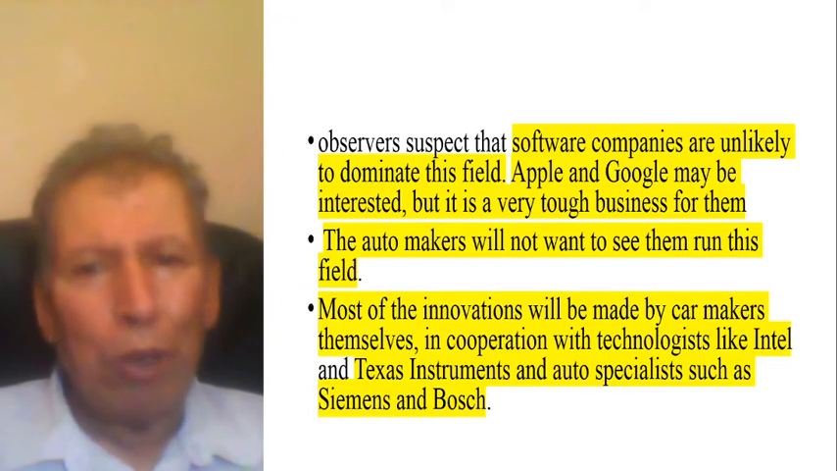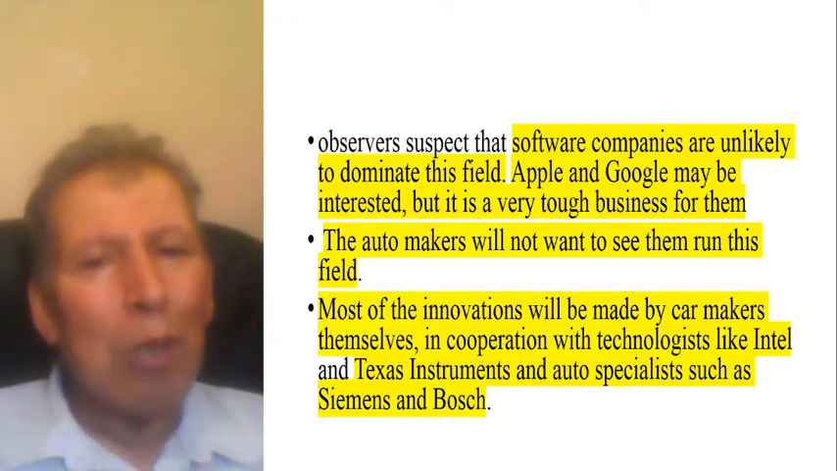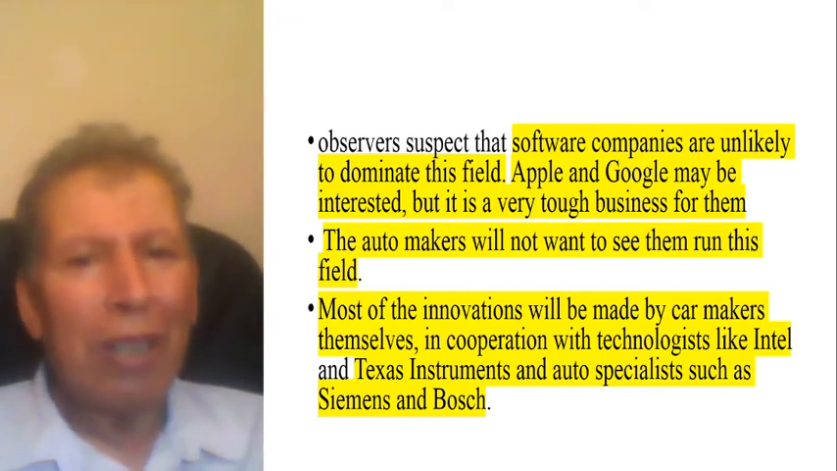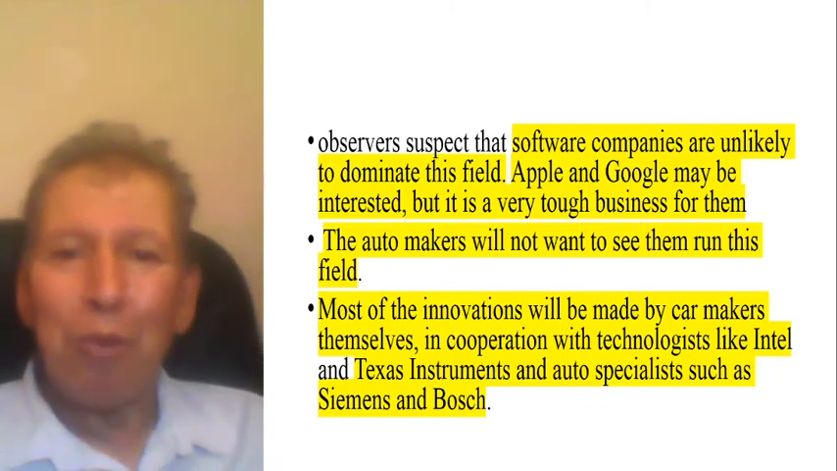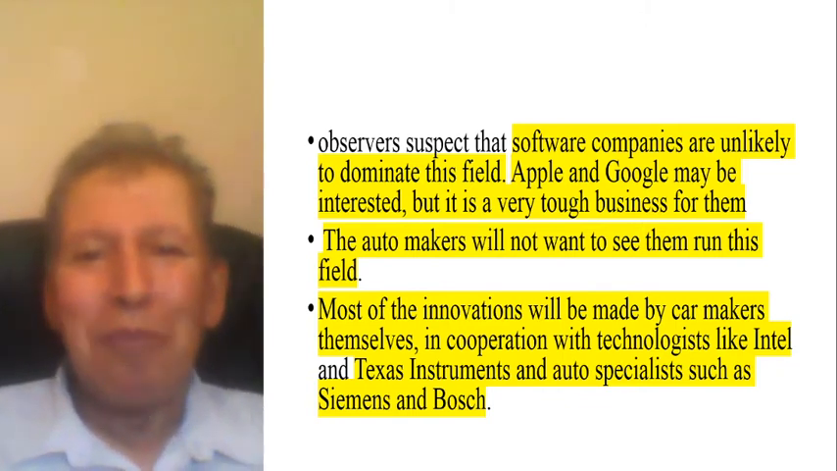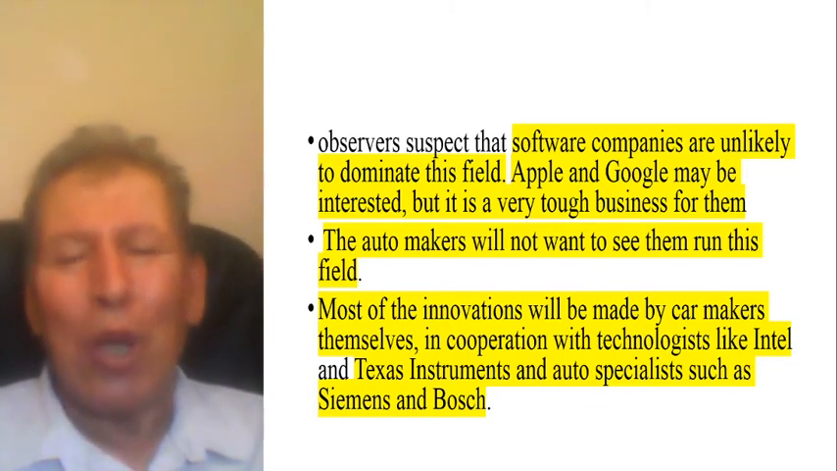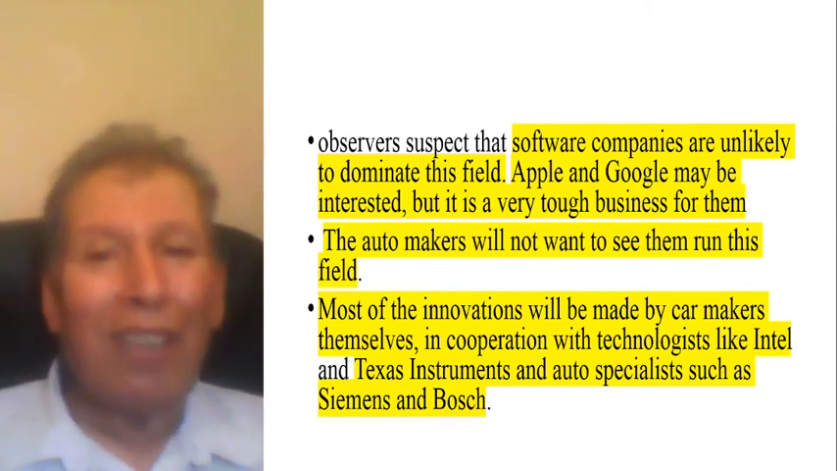So Apple and Google cannot come and play with them. They should go and play with their peers. I mean, you cannot go to another field and impose